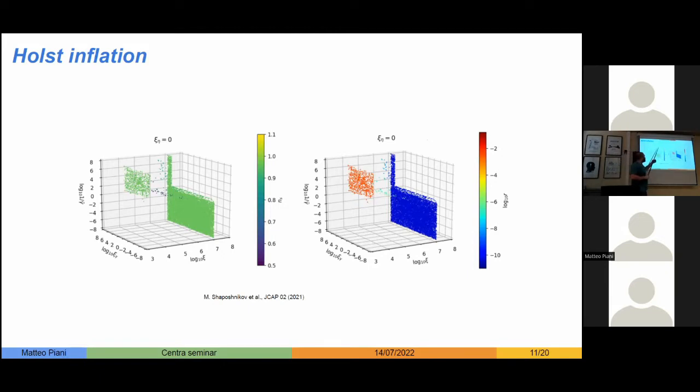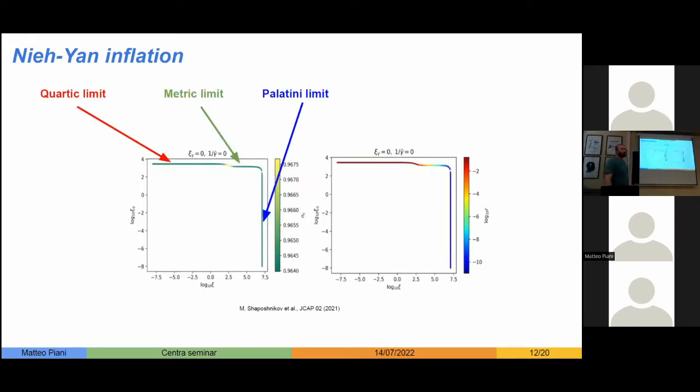But now we go to look at the tensor to scalar ratio, that is what we want to constrain. And here we get a super low value that we are never able to constrain. But here we get actually something that now from this graph is not easy to see, but it's almost 10 to the minus 2. So it's very close to the current observational bounds and very likely to be excluded by a future experiment. Now, the most interesting one is actually Nieh-Yan inflation, because Nieh-Yan inflation provides a scenario in which you can smoothly transform from